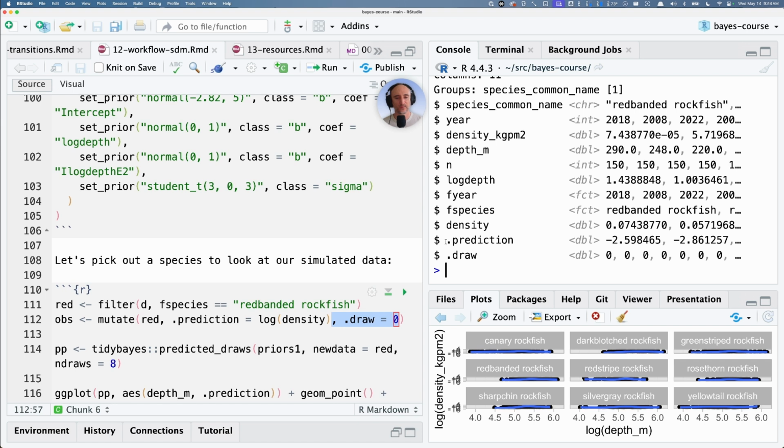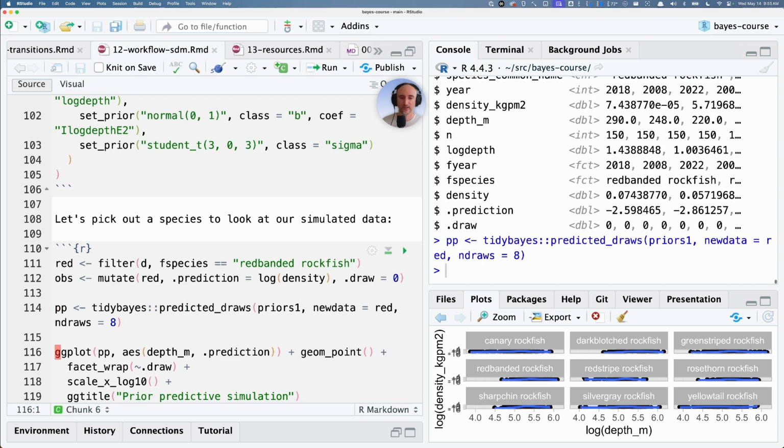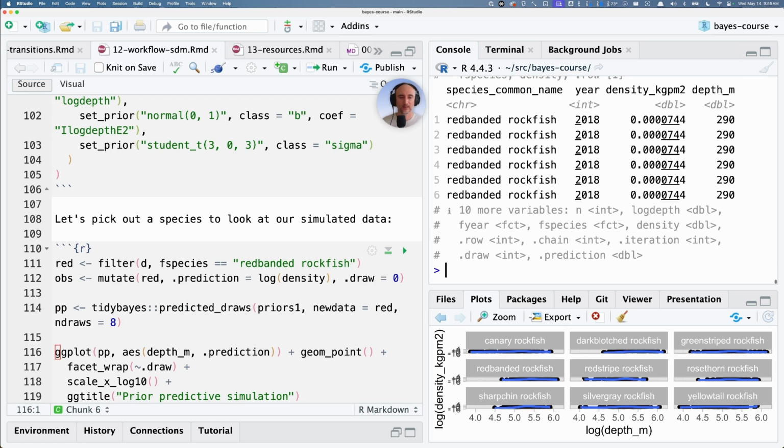Where I'm going to match the format of what comes out of my prior predictive check. So I've created a column called .prediction because that's what it's going to be called. I've named this draw 0. So this is the very first draw, and this matches the format of what comes out of tidybayes' predicted_draws. So if I run that and I look at what comes out,